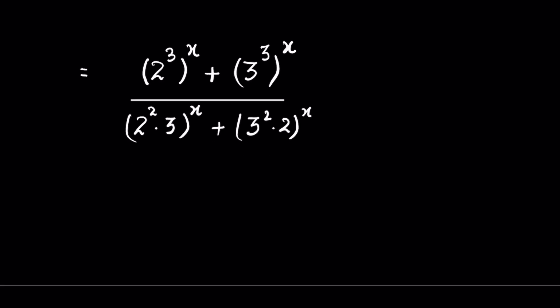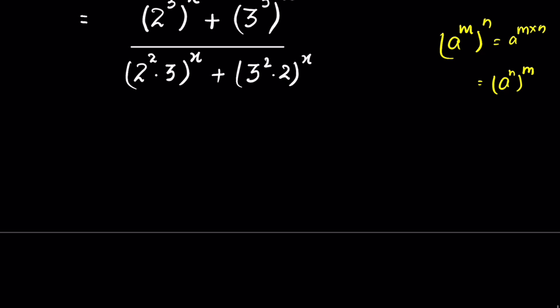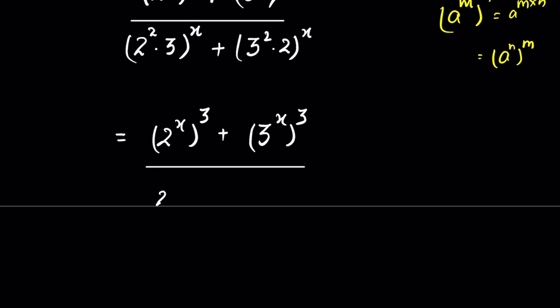Now when a raised to the power m, whole to the power n, it is equal to a to the power m times n, and in this we can also write it as a to the power n whole to the power m. So this we can write as 2 to the power x whole to the power 3 plus 3 to the power x whole to the power 3 upon 2 to the power x whole to the power 2 times 3 to the power x plus 3 to the power x whole to the power 2 times 2 to the